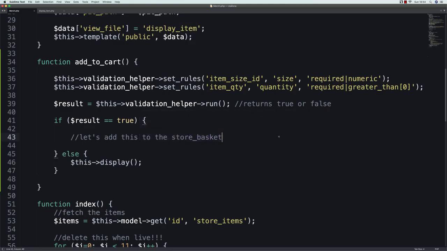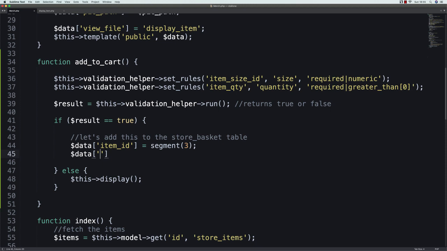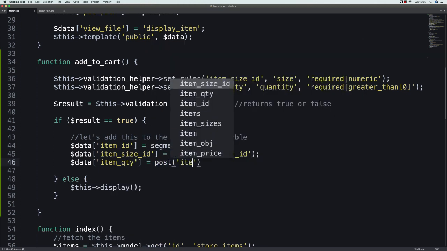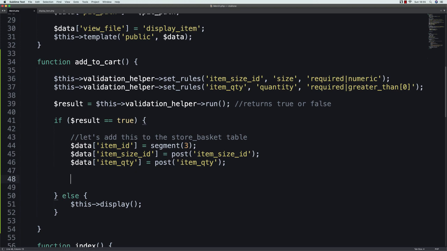Now, let's get back to the business of adding this to the store basket table. I'm going to say data item ID is segment 3. I'm going to say data item size ID is post item size ID. Then I'm going to say data item quantity is post item QTY. Now I have missed out a few fields there, but quite deliberately, because what I'm going to do now is